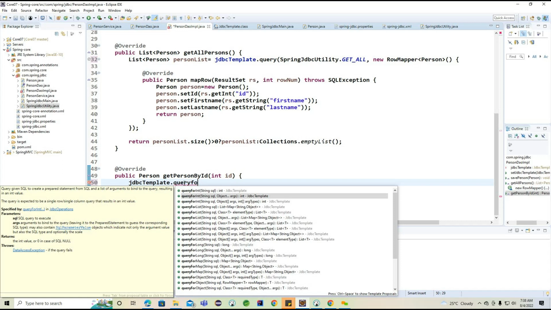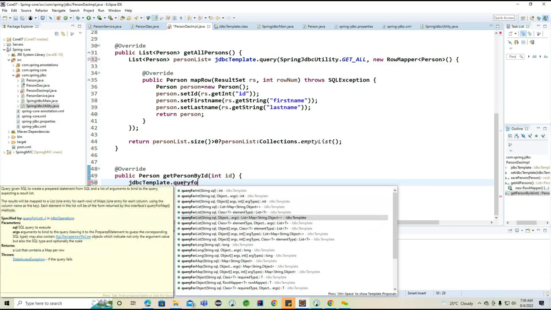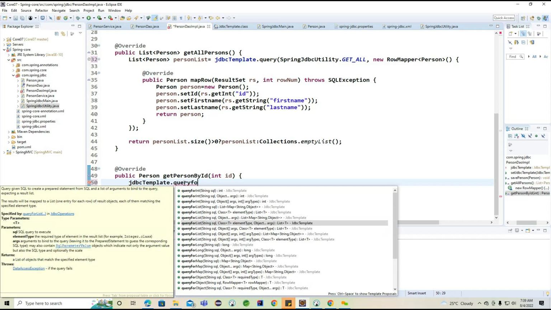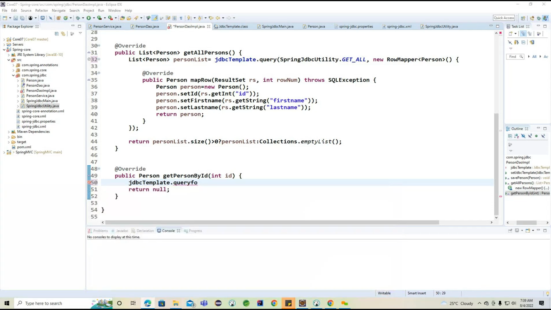Getting the point? This is important. Now, object array. So SQL query, element type. It is trying to return the list of objects here. Getting the point? It is trying to return this particular list of objects here. Now what can we do? So simply